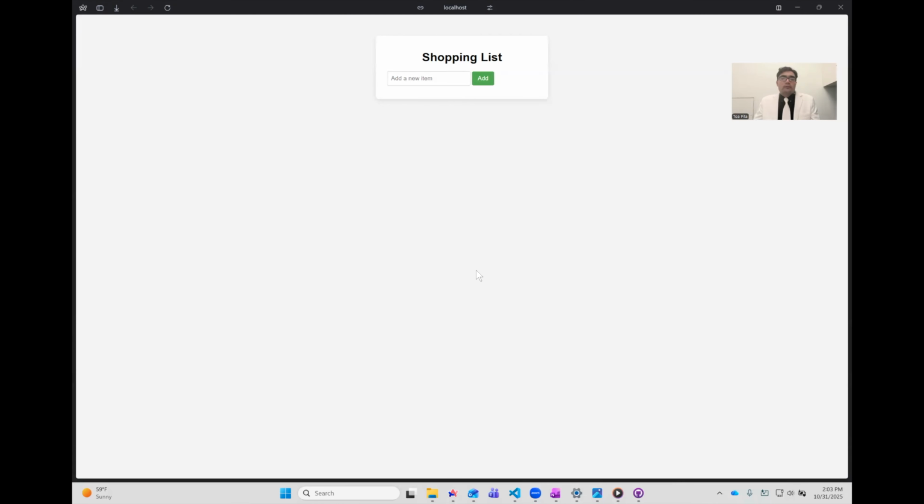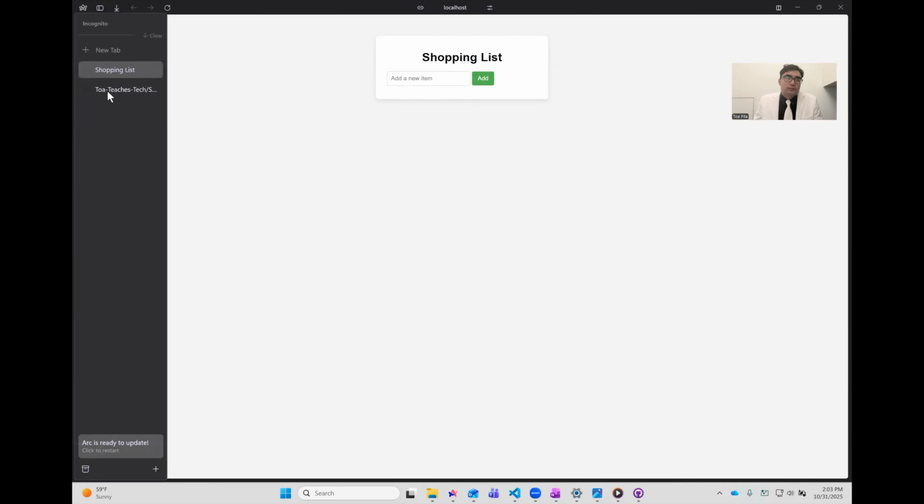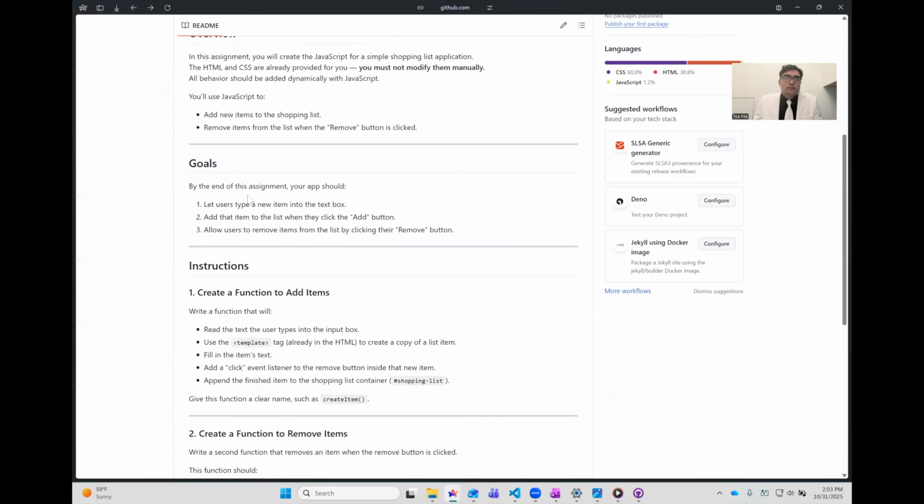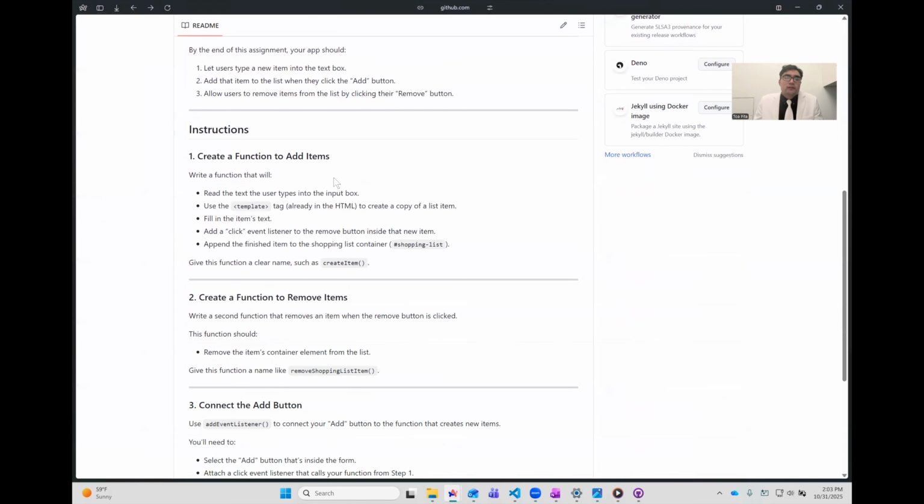Well, hopefully you were able to give that a try. Let's go over the solution. All right, so the first thing we need to do is create a function that will add